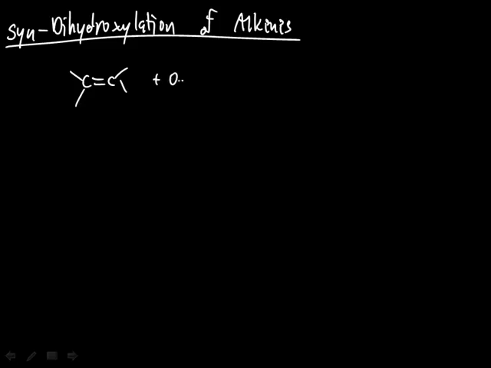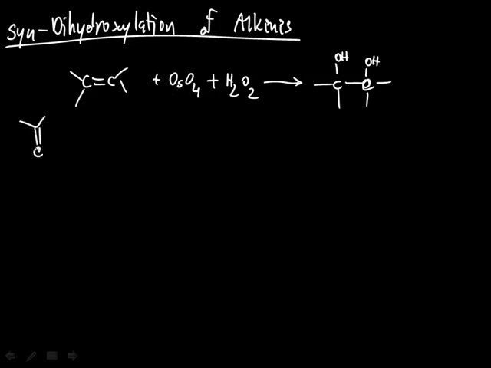Osmium is a transition metal, which is one of the very expensive metals. And using osmium tetroxide, we can introduce two hydroxy groups directly. The OH groups actually don't come from osmium tetroxide, they come from hydrogen peroxide, so osmium tetroxide is really used only in catalytic amounts. The mechanism for this transformation involves